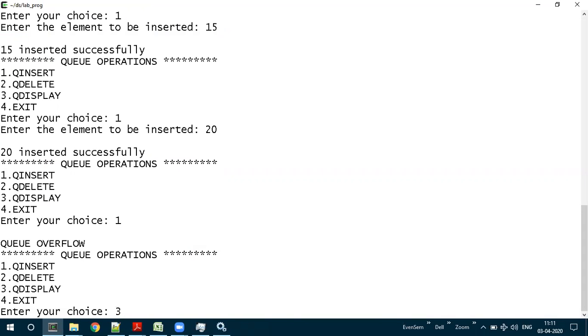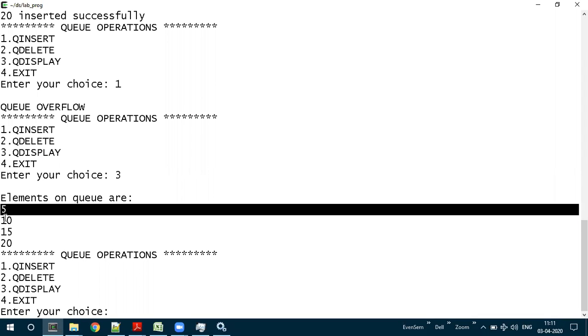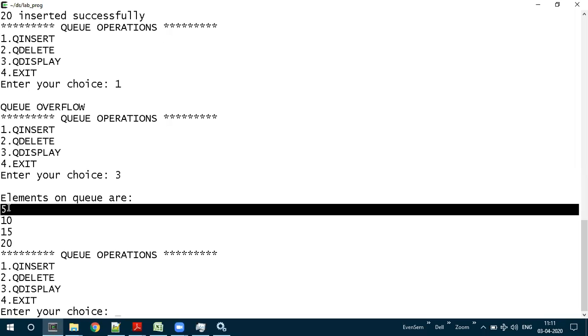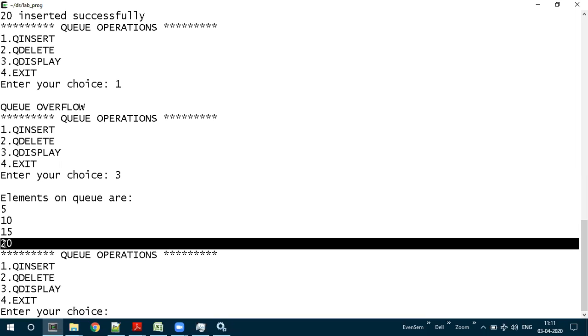Let us try to display the elements which are inserted into the queue. So 5, 10, 15 and 20. You need to see the ordering of these elements. The first element which we inserted is 5, then 10, 15 and 20. At this moment, the front will be pointing to 5 and the rear will be pointing to 20. Now, if I want to delete an element, the element pointed to by the front end will be deleted.